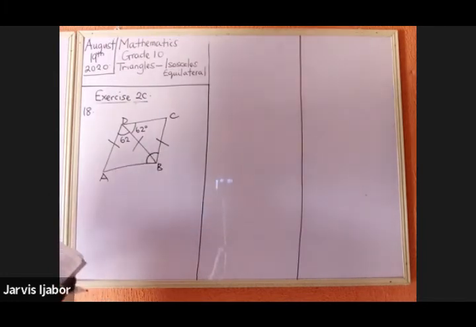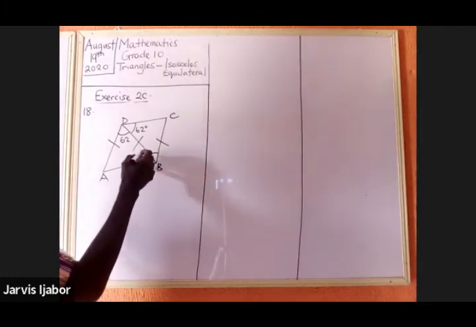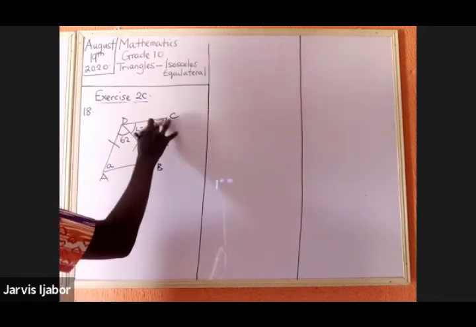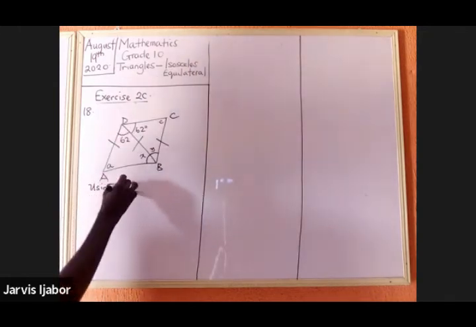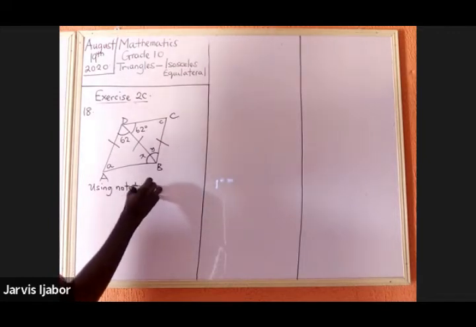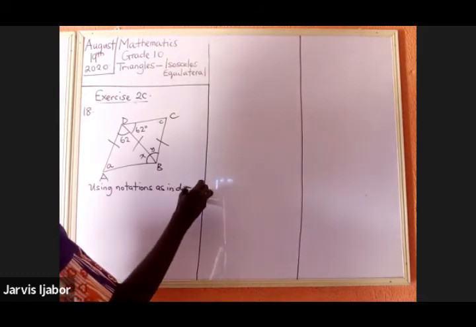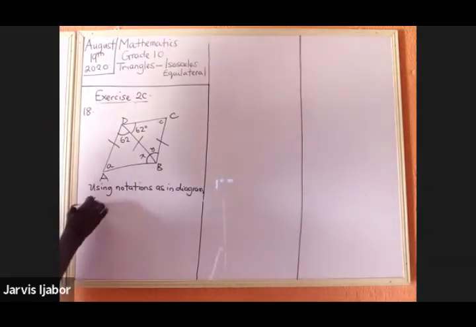But you and I know that we can't find the angle all together, but we can look at them as separate entities. So I'll call here E, I'll call here X, I'll call here Y, and I'll call here Z. Or I can call here C. So I'll say, using notations as in diagram, triangle